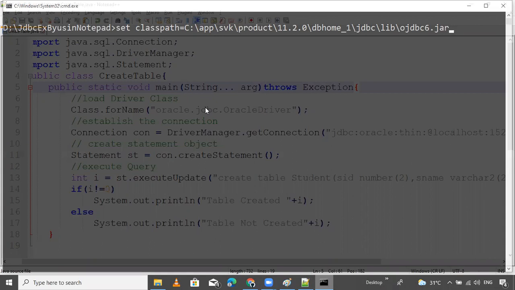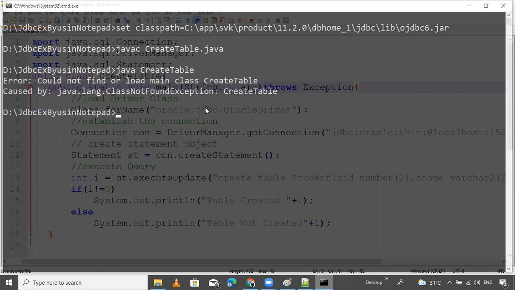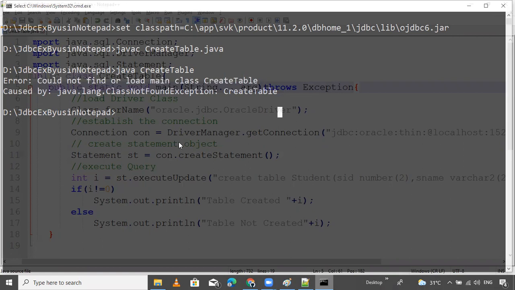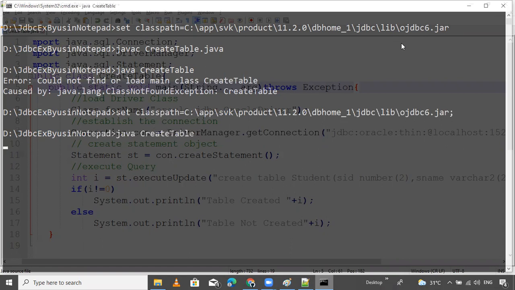Okay. I will show you one issue. What is the issue? Hit enter. You think the classpath is set. Then try to compile and run. What is that error? The issue. javac Create table.java. Compile again. Compilation is successful, not a compile issue. Run java Create. Now it's giving one beautiful error: could not find main class, but the main class is there. This is the issue. Resolve it by providing a semicolon here, because the classpath is not correct. Now it's creating.